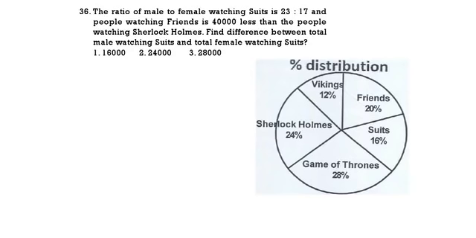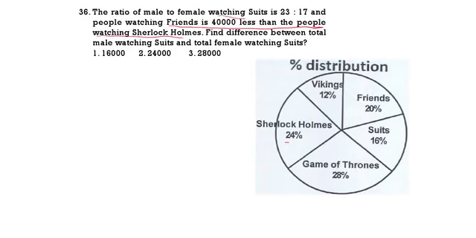So here, one thing is given clearly. The people watching Friends is 40,000 less than people watching Sherlock Holmes. Sherlock Holmes is 24, Friends is 20. That means the difference is 4%. 4% is given as 40,000. And we are asked about Suits. Suits is how much? 16%. If 4% is 40,000, 16% is